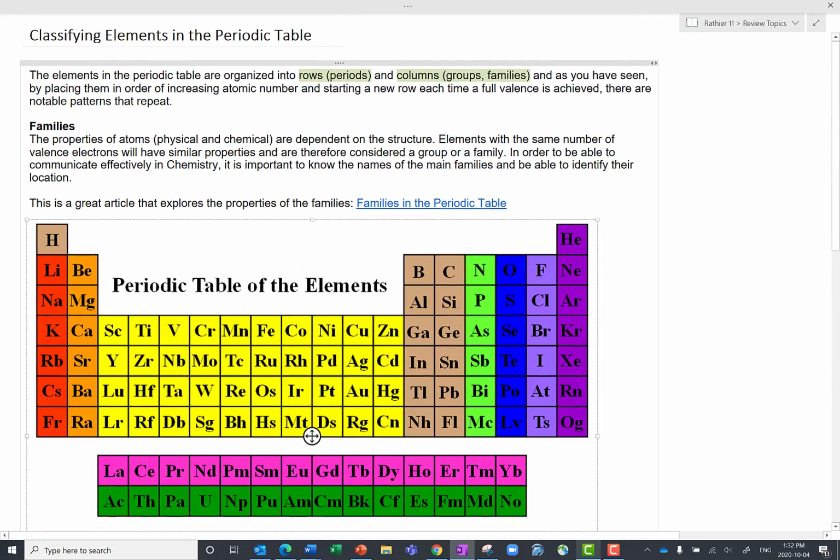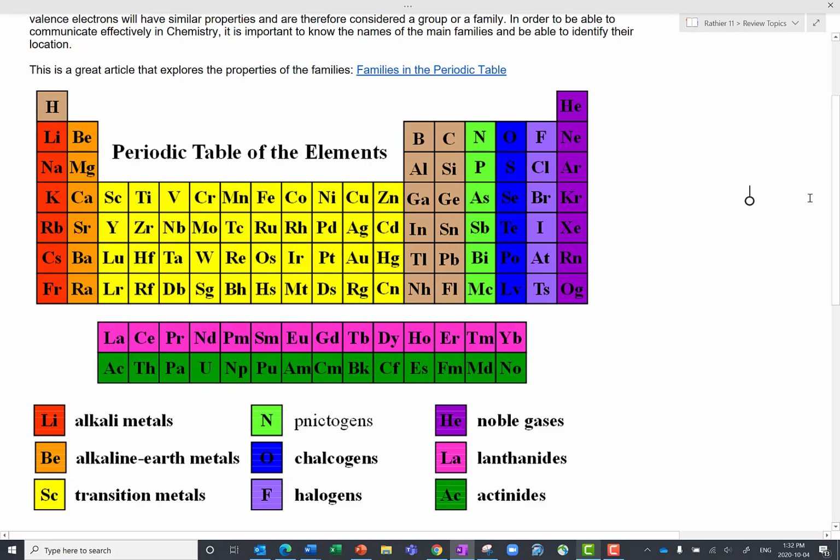We can talk about the families. I've already addressed the rows and the periods. And this here is a summary of the different families that we reference in the periodic table. So this group 1, just the red elements there, those are our alkali metals. The beryllium or group 2 elements, those we call our alkaline earth metals. Okay? And their names suggest alkaline means that it's basic,